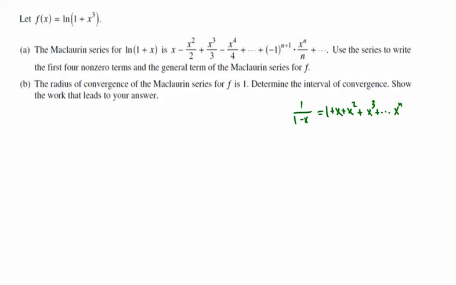You can either memorize that or you can do the long division method, dividing 1 by 1 minus x, and you'd get 1 and 1 minus x. 0 minus negative x gives you positive x, and so